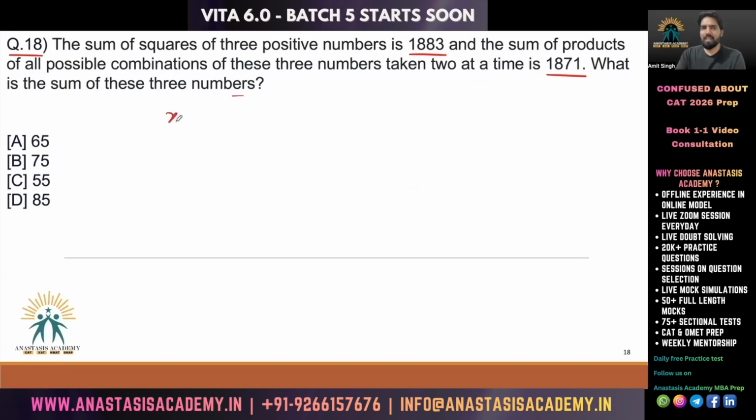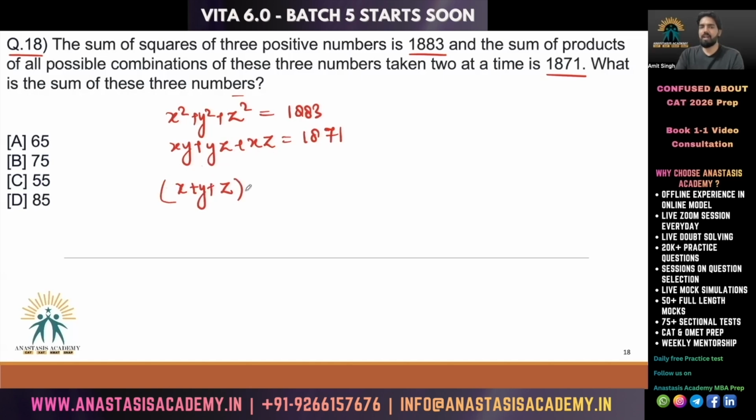So simple, we are given that x square plus y square plus z square is 1883, right? And the sum of products of all possible combinations, that is xy plus yz plus xz, is given as 1871. So we need to find the sum of these three numbers, right? So I have this